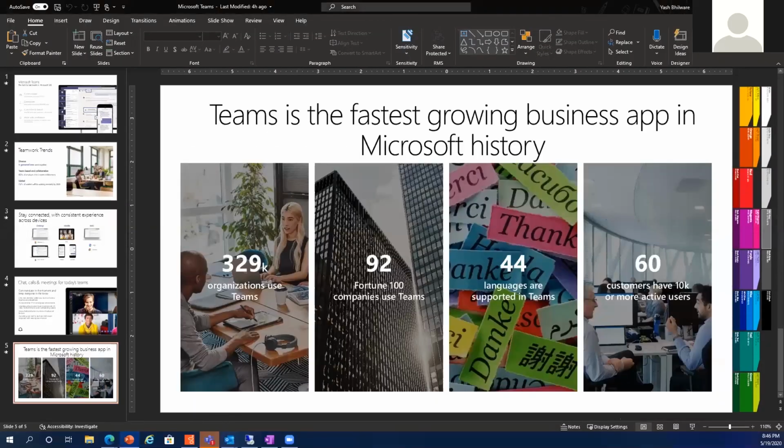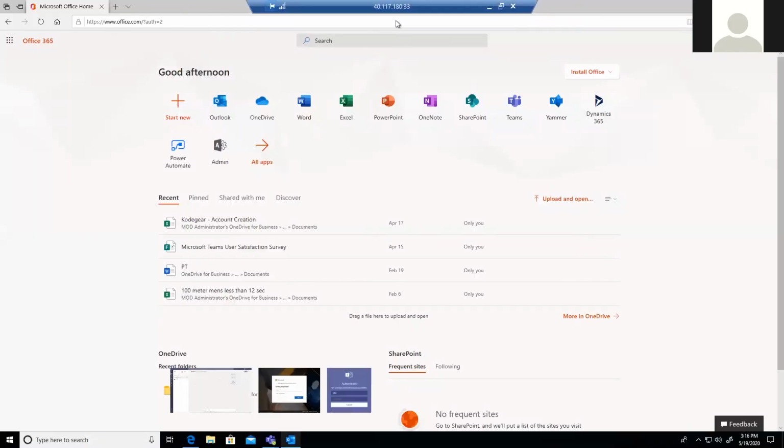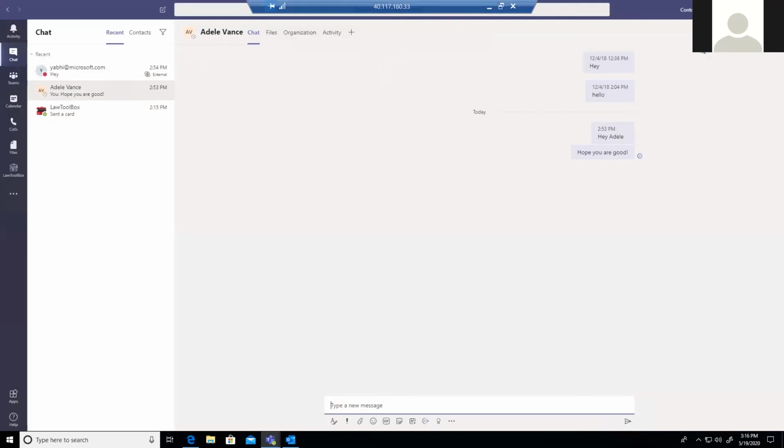So moving further, without keeping you waiting, on how Teams looks and how Teams exactly works. I'm not going into much detail on how exactly the administrator side will work. If you want such information, we can talk about it on a specific requirement, because that itself needs a lot of time.